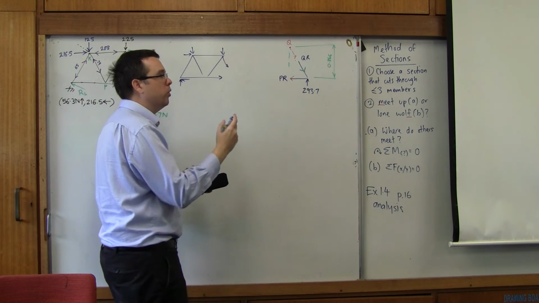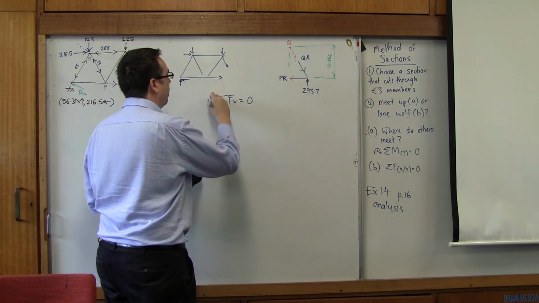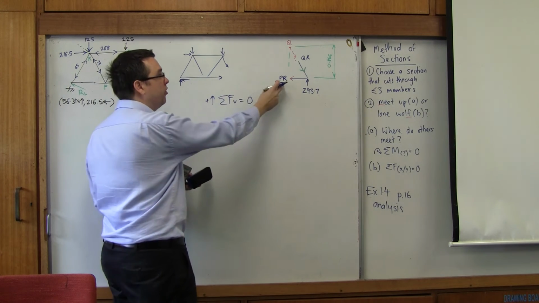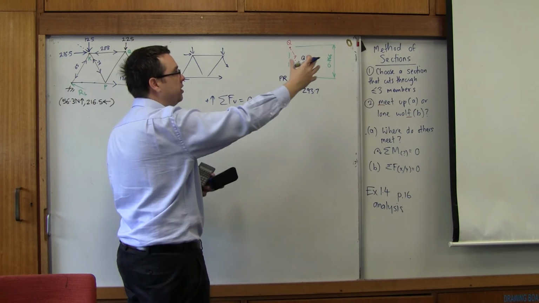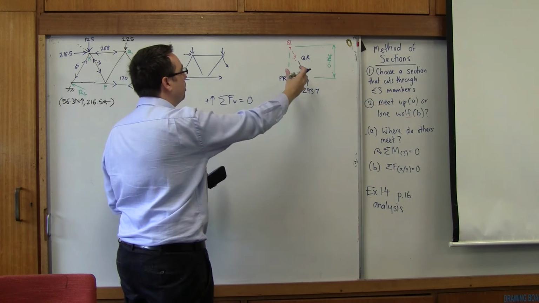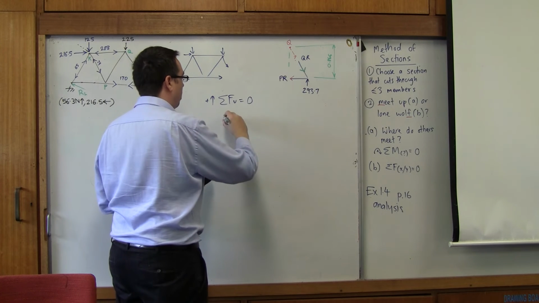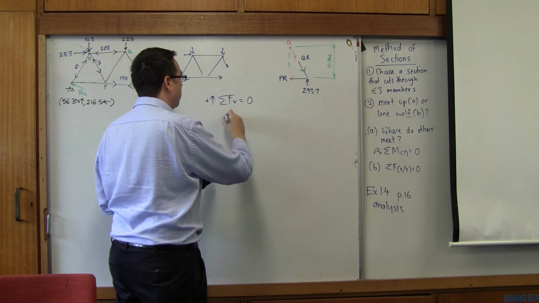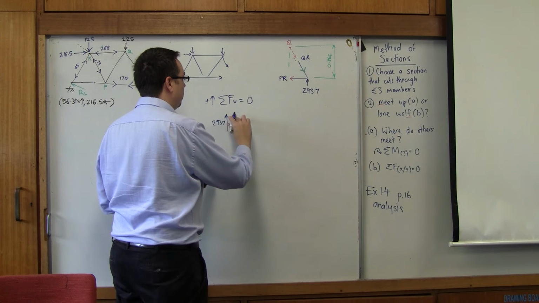How much unresolved force is there? Well, sum of the forces vertically equals 0. We could use the horizontal force. We could find out the horizontal value of PR, which we just did, and I will show you in a second, we could do that. But instead what we're going to do is say, well, QR has to be going down, and I'm just going to draw my diagram really simply. This way I can't get it wrong. So if I write 293.7, well, I'm then going to have